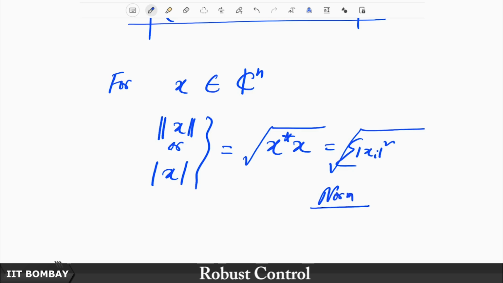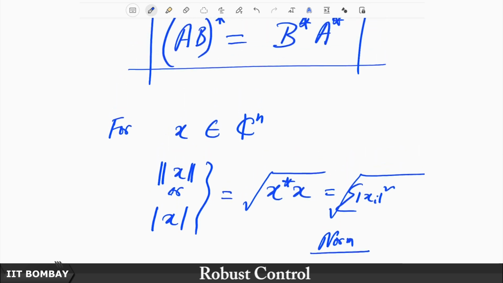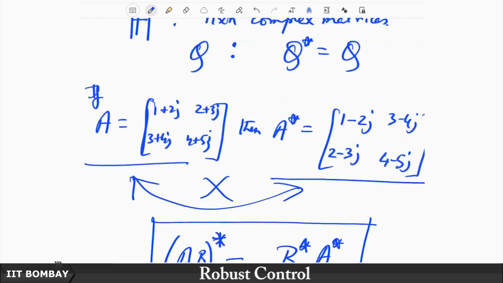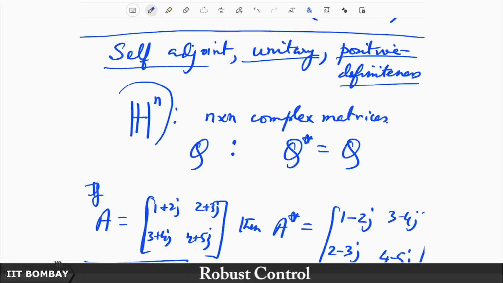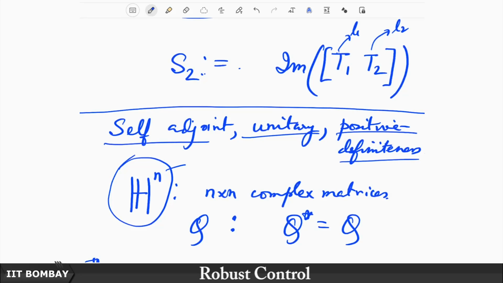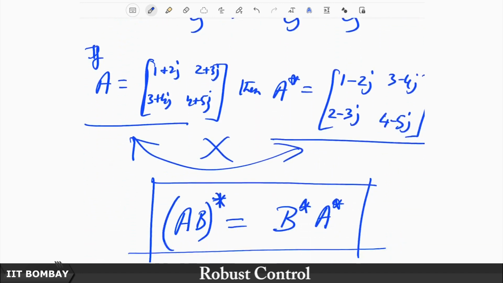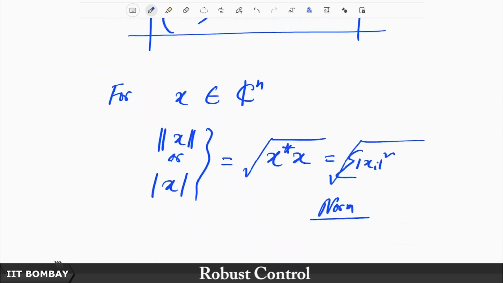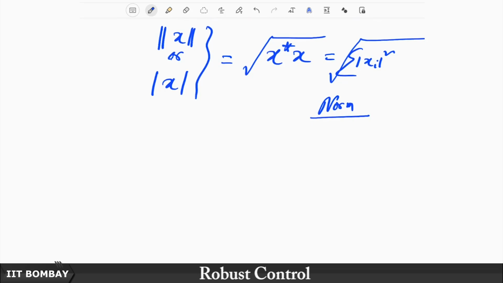So this is the norm. Not a very difficult object to remember, but one that will be of immense significance. So let us formally define this Hn. Sometimes this is called self-adjoint, or also called the Hermitian operation. Once we have this sort of a Hermitian operation, we are also interested in seeking out